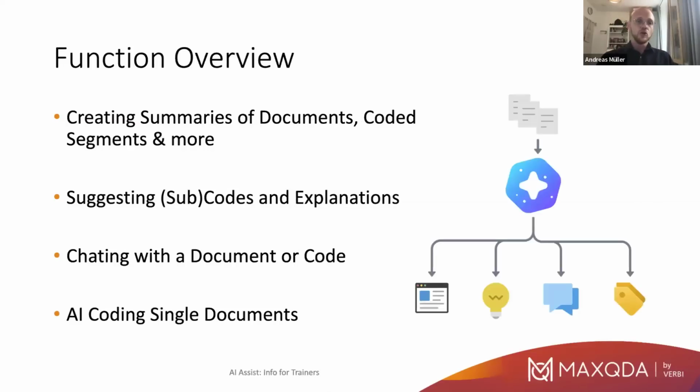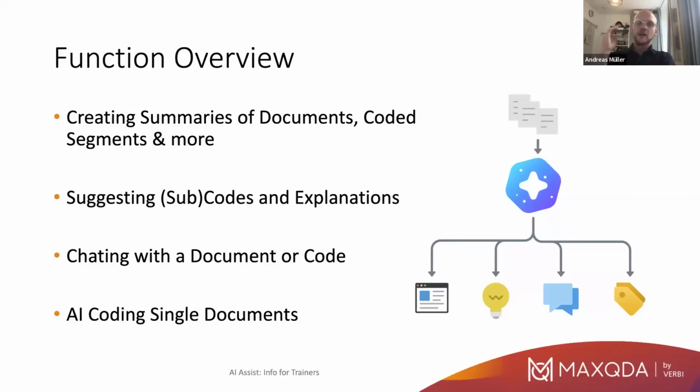I will give you a quick function overview before we go into the newest function. I used to distinguish the functions in 2 types. By now, I have adjusted my typology of AI Assist functions to the latest functions. So what AI Assist can currently do is create summaries for you. That's, I think, the most obvious use case for large language models. Creating summaries based on a text input is something that large language models usually do pretty well. I will show you just one quick example of how this is implemented in